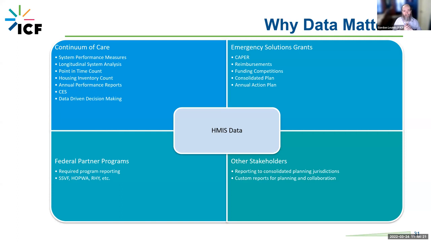And I'm going to harp on that for just a second. There are really only three ways to make decisions in terms of homeless assistance policy at a systems level. You could make it based on political considerations. You can make it based on your intuitive understanding of the situation, so you can guess, basically, or you can use data to inform or drive that decision-making process.